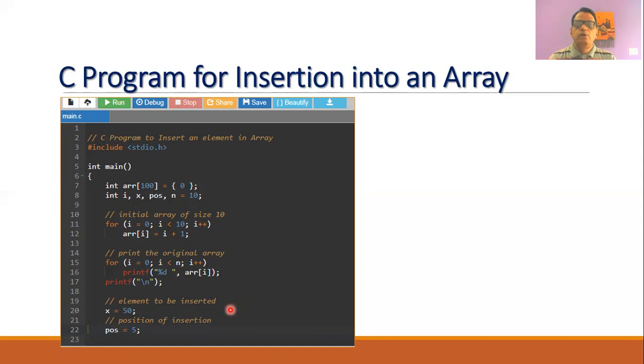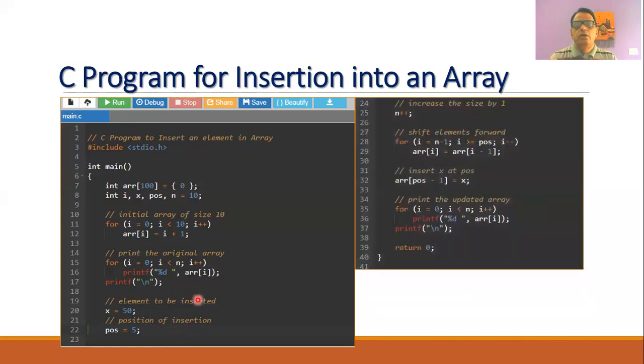And now suppose we want to insert a new element into the array. Suppose the value of this new element is 50, and we want to insert this element at position 5. Since we want to insert this element, we will increase the size of the array by 1. And then again, we will use the for loop in order to shift the elements forward.